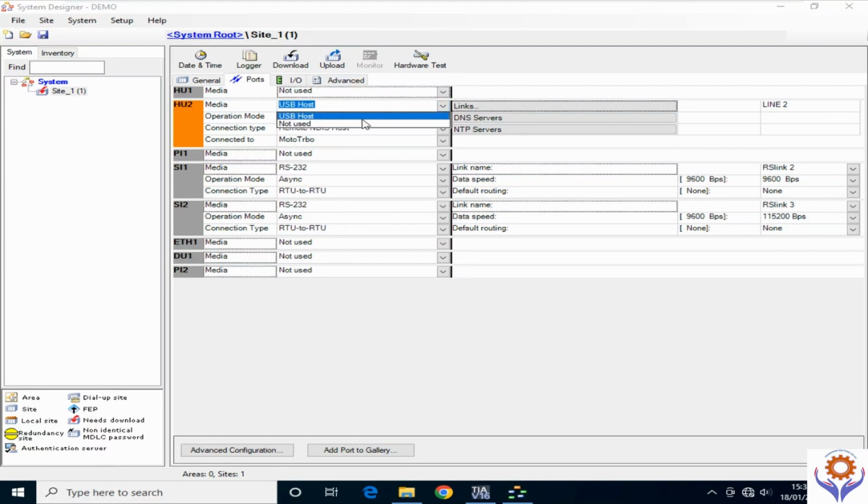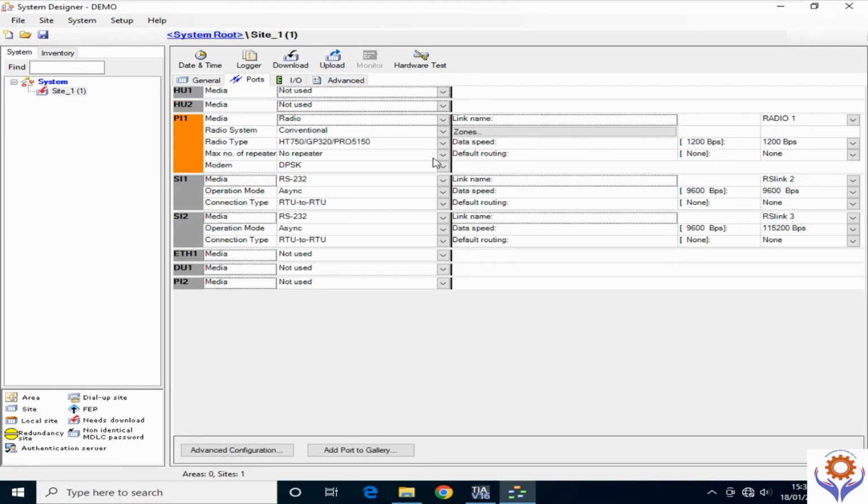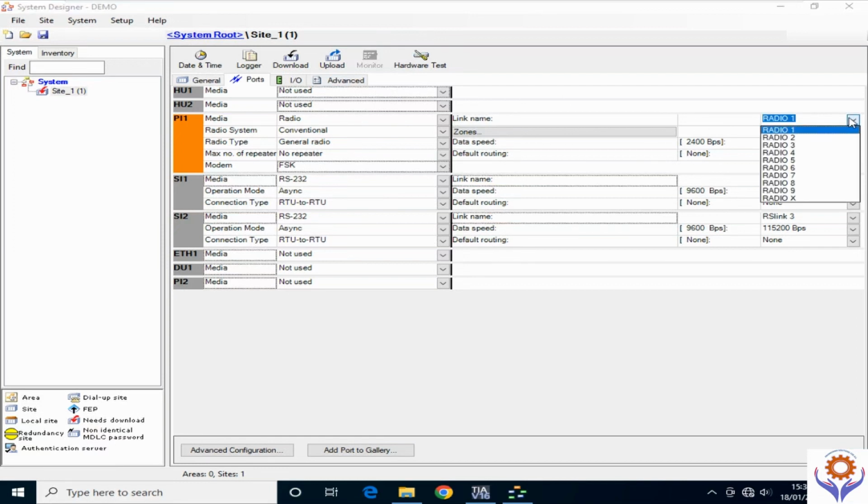And if you go for this P1, here you can select what you need exactly. You can connect even your radio, RS232, RS485, or TCP/IP. Okay, so for my current situation now, I will just select radio, and I will select the general radio, and I will keep the modem FSK or DPSK or COS. I will select COS, FSK, and you can select the radio channels, like example radio 1, radio 2, like that,